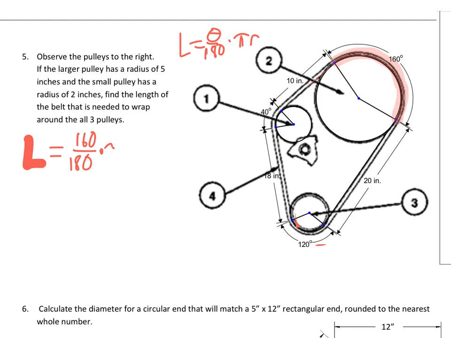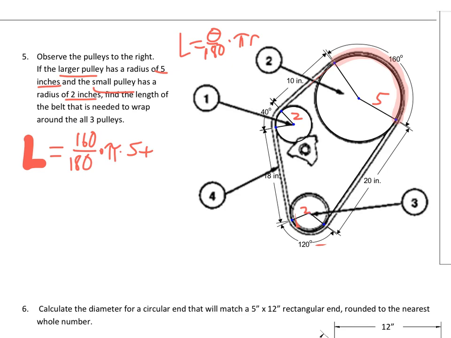So we have pi, and we've got the radius. It says the larger pulley has a radius of 5 inches, so this one is 5. And the small pulley has a radius of 2 inches. So both of these, in fact, are 2 inches. So we have there's the large one,